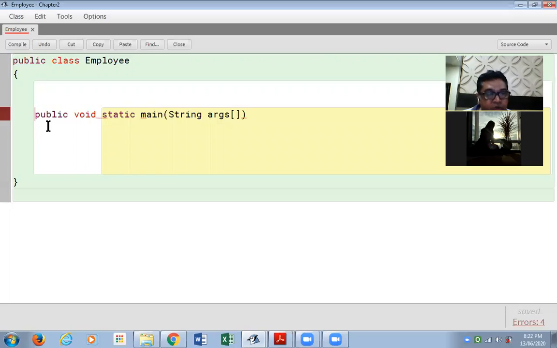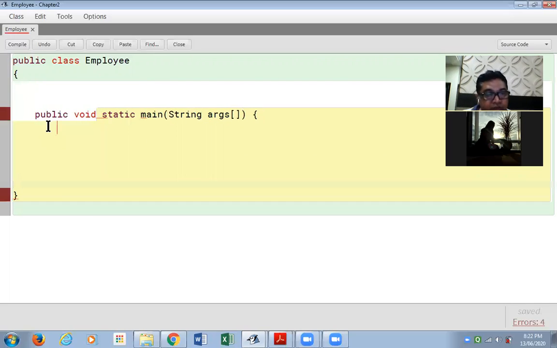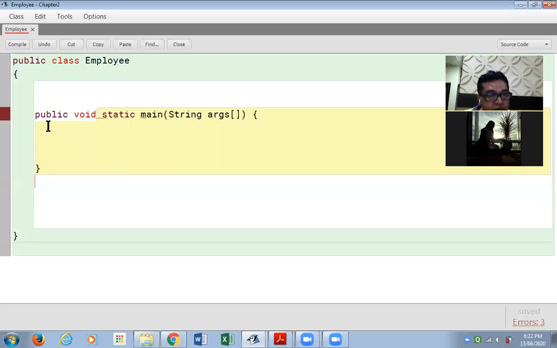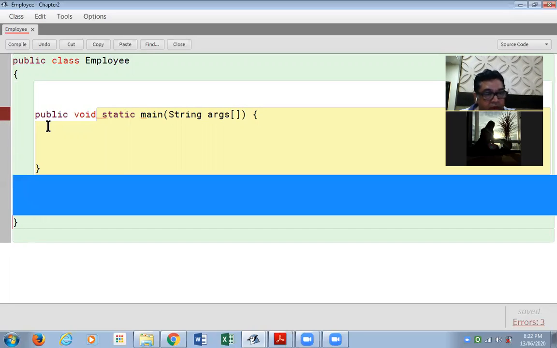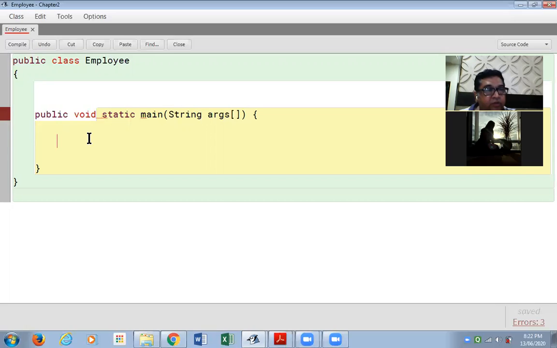And then curly braces for the main function. Open curly braces and close. This is for the main function. And now I am going to start writing the lines within the main function.